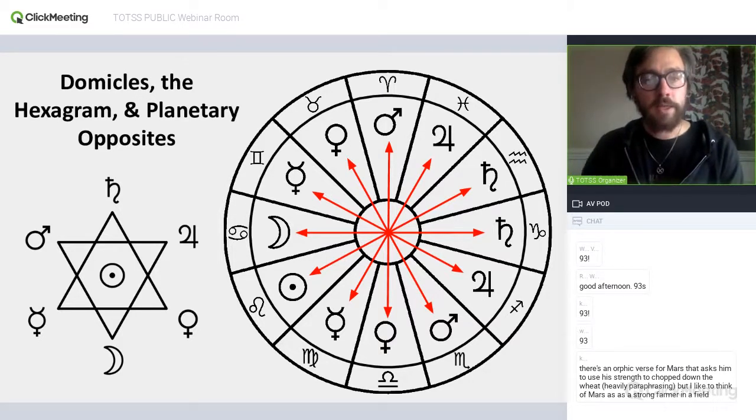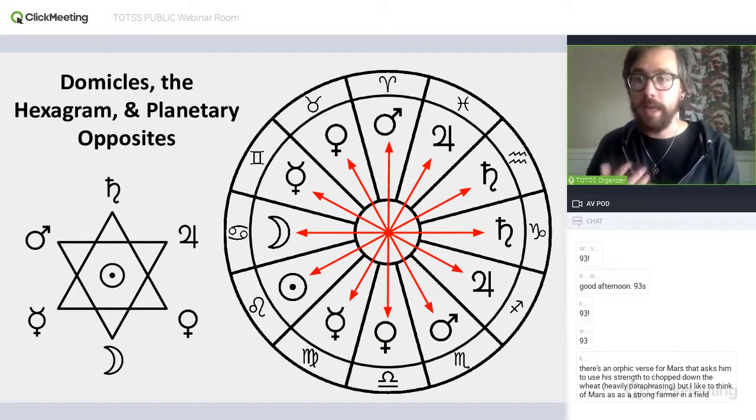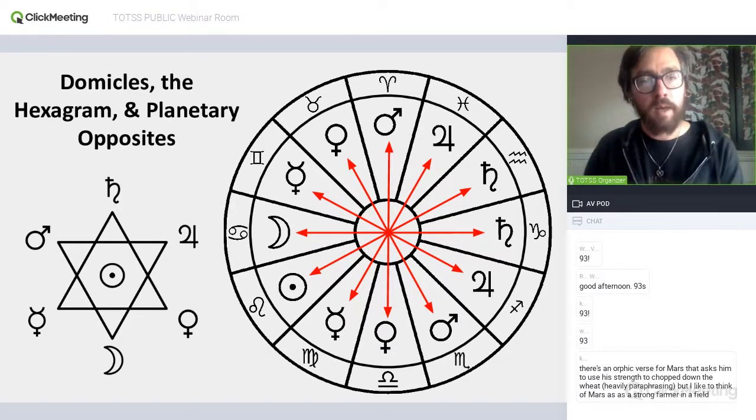All right, then next we see that Venus rules Taurus and Libra. Taurus is opposite to Scorpio, which is ruled by Mars. And Libra is opposite to Aries, which is also ruled by Mars. So now we have that opposition between Venus and Mars. And this is something we've already talked about back in our second class when we looked at some of the dyads. We saw Mars and Venus as a dyad there. So I won't rehash all of that now.